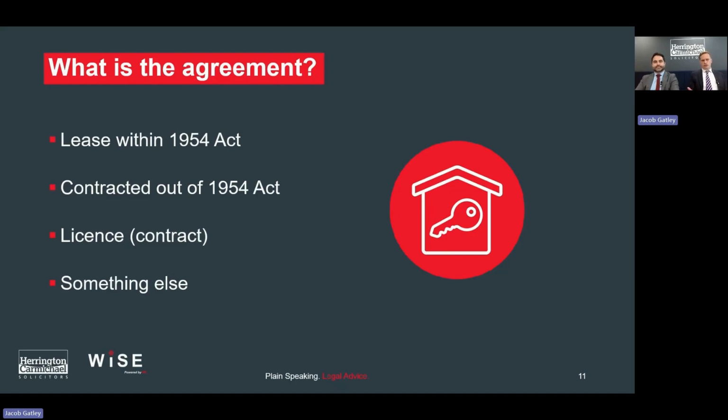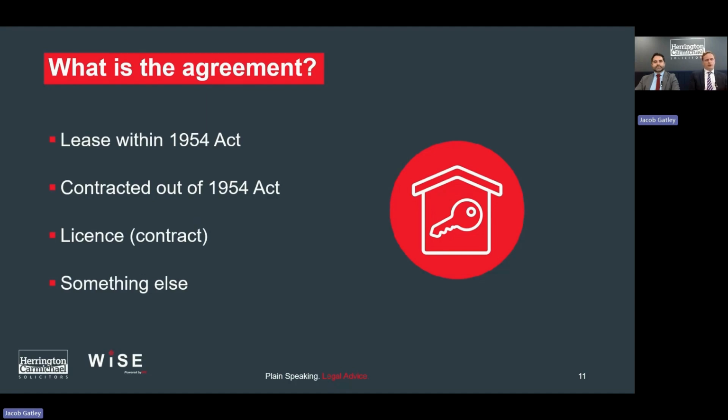That is an act which was put in place after the Second World War to mean that if a tenant wants a new lease and the act applies, that tenant will have a lease of the property it uses at a market rent, whatever that new market rent might be at the end of the lease. I find that clients, particularly startups, are not really thinking much past the initial years. So they sign a lease for 5 years or 10 years or even shorter or longer, and don't really think about it. But what then happens is when you get to the end of the lease, the landlord can demand